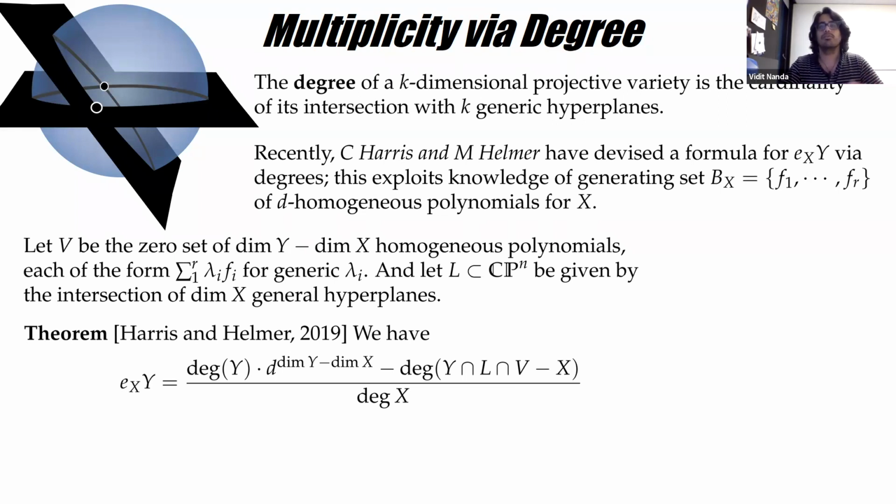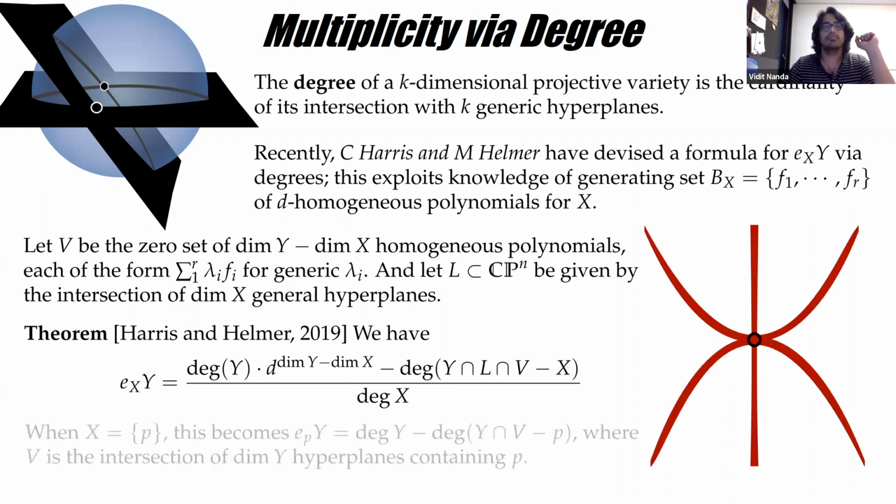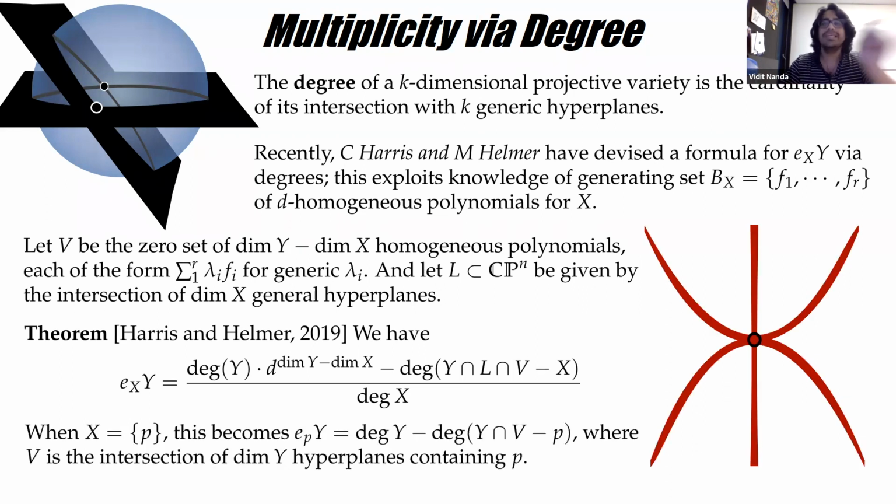So there's degree of Y, then there's degree of Y intersect all bunch of stuff minus X, and then this D, which is the degree of all the polynomials that we needed to define X. Okay, again, not an ideal formula, but the only case in which I want to use this formula is when X is a single point P. In this case, we have